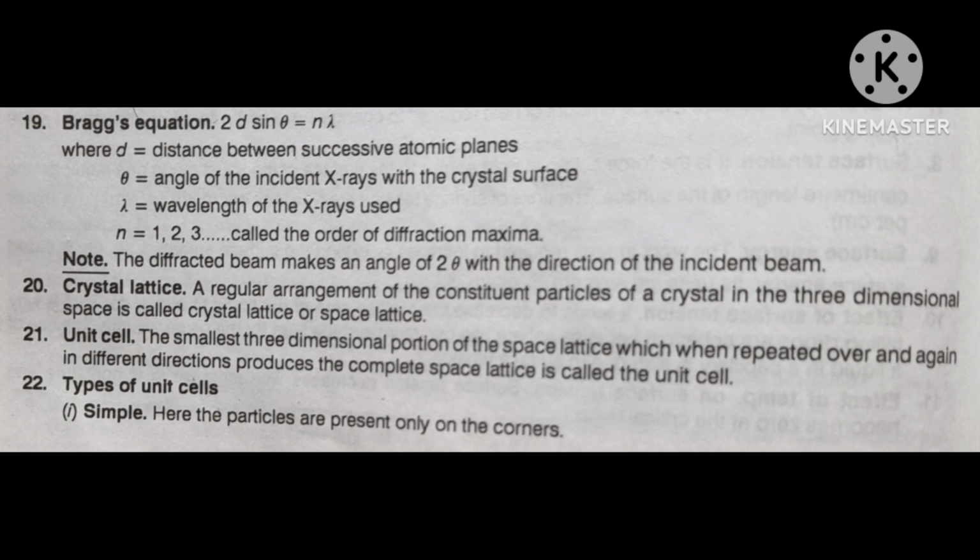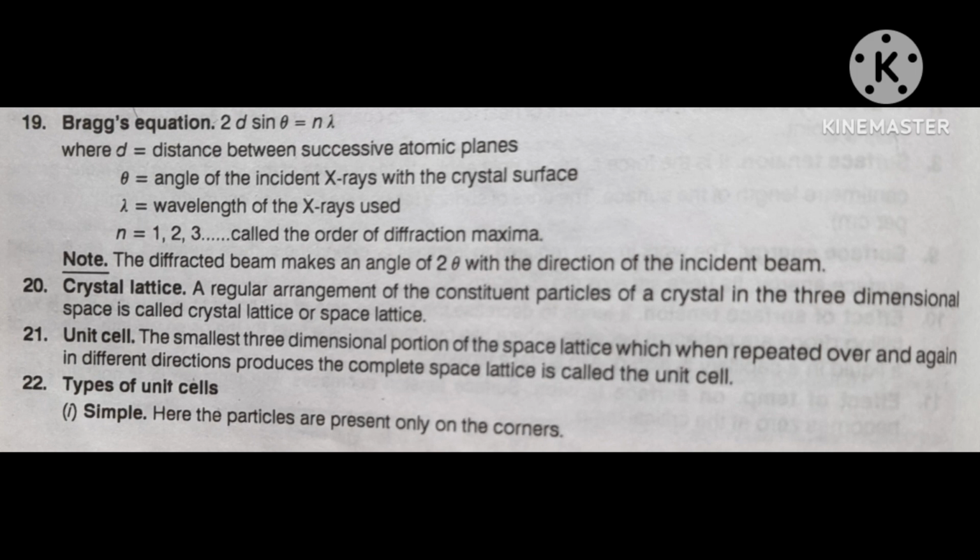In a simple way, particles means atoms or ions. How atoms or ions are arranged in a regular way in a crystal, how it is arranged. That arrangement of particles of a crystal in three-dimensional space means